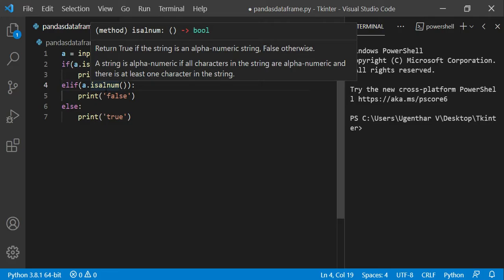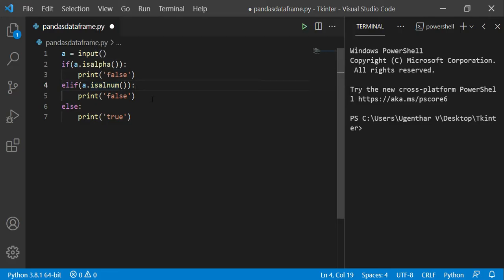If it contains both numbers and alphabets, then output should be false. If it fails in both the conditions, that means input does not have any alphabets and it does not have a mix of alphabets and numbers. If it contains only the digits, then it will print true. This is the logic behind this program.